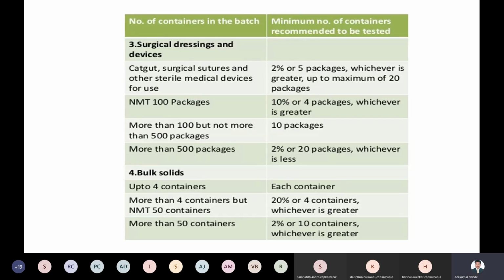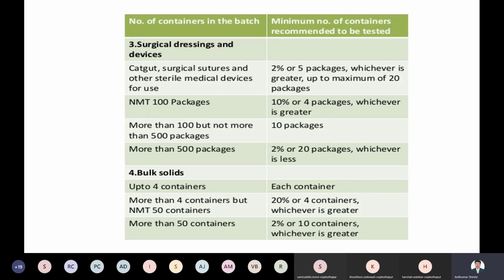So if surgical dressing is there, understand it? So surgical dressing and all the devices should be free from bacteria. So all our devices are there. Catgut is one of these. The catgut is used for transferring the fluid solution from outside to the inside. This is called catgut, right?